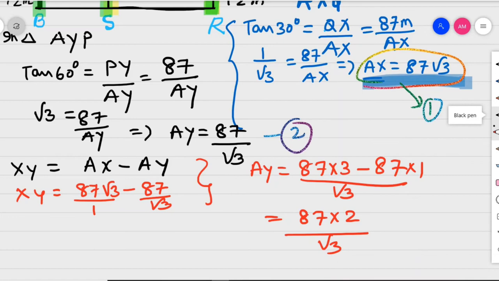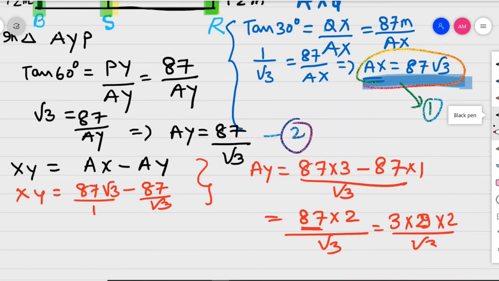Now see children, how can you split this 87? 7 plus 8 is 15. That means this comes in the table of 3. So you can write this as 3 into 29, 3 9s are 27, into 2